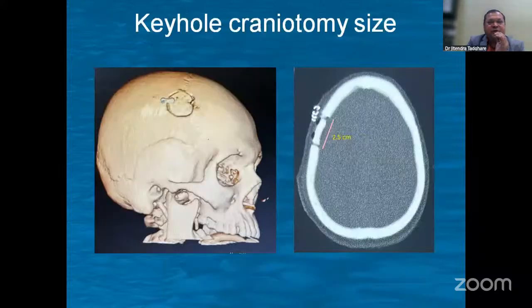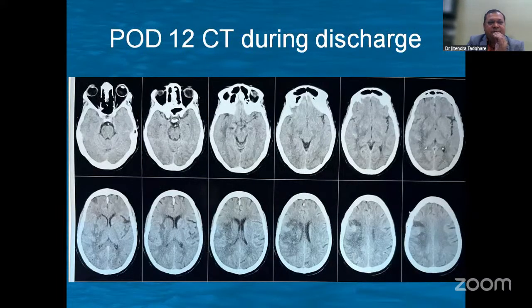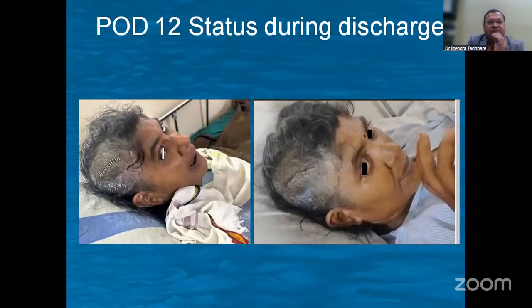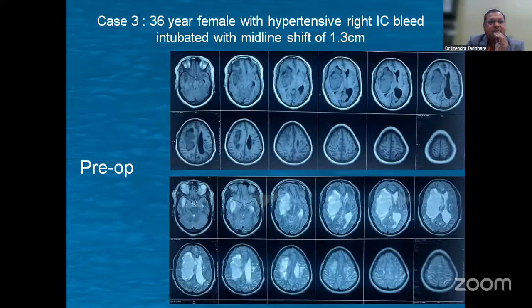A small craniotomy over the cranial area, coronal suture. Post-op day 12, the hematoma is resolved, the brain is much lax. Before discharge at 12 days post-op. Another case of